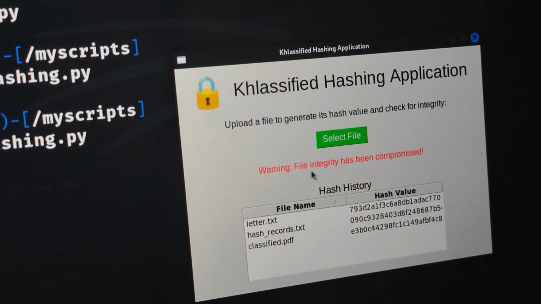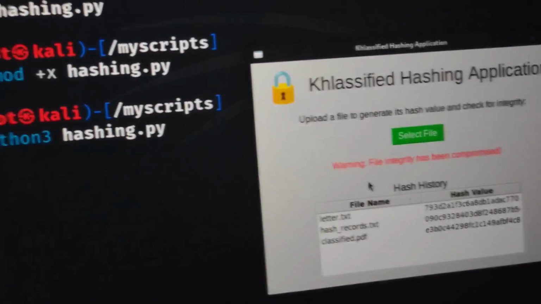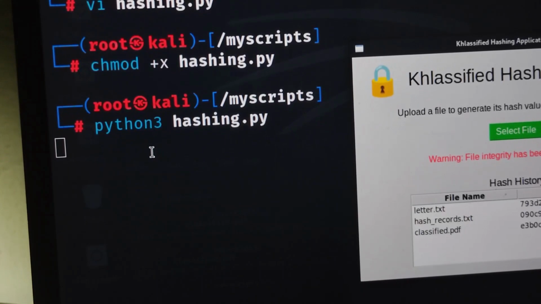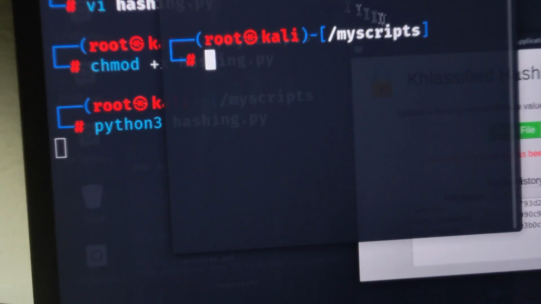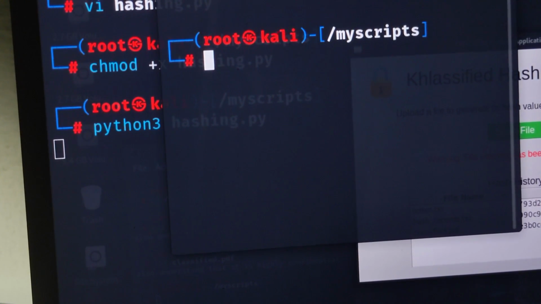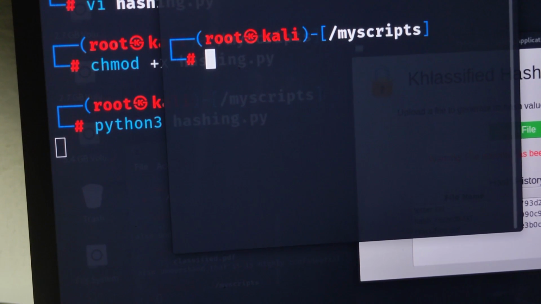So you can see that the file has been altered. You can see the warning here. File integrity has been compromised. Okay, now let me create a new file here. In so doing, I will create another terminal so that I won't take off the application. Right? So in the terminal, I will now say